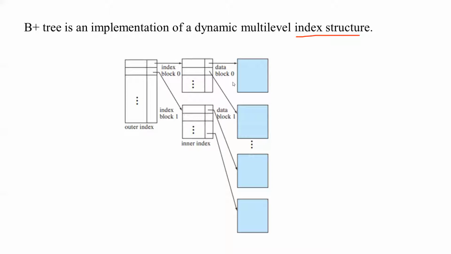Okay, so these multi-level index structures are implemented by using B plus trees, and in this video we are going to learn about the structure of a B plus tree and how many pointers can be there in the root of a B plus tree or in the internal nodes, how many keys can be present within a B plus tree, and how insertion can be done within a B plus tree. So let's get into the video.